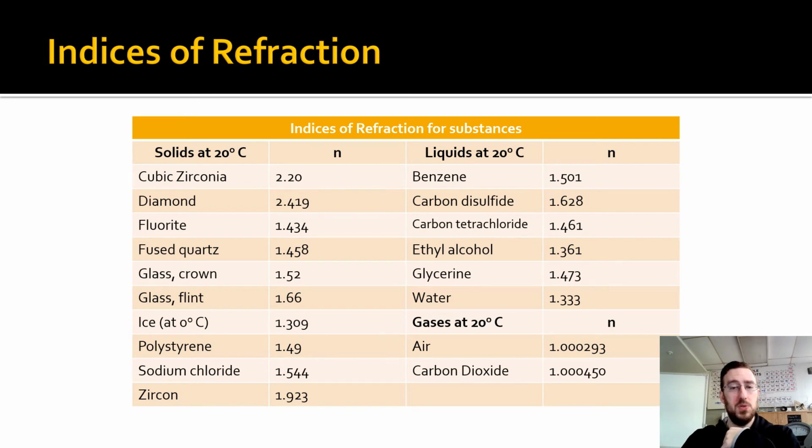Here's a chart with a whole bunch of values of different transparent substances through which light can travel. Some of the most important ones that we're going to need: air. Notice that the index of refraction for air is extremely close to 1.000293. That's essentially equal to 1. So in problems that we do where light travels through air, we're just going to round that off to 1